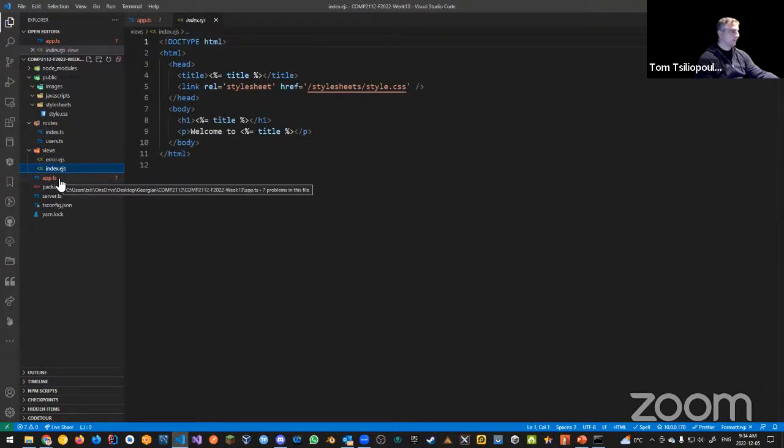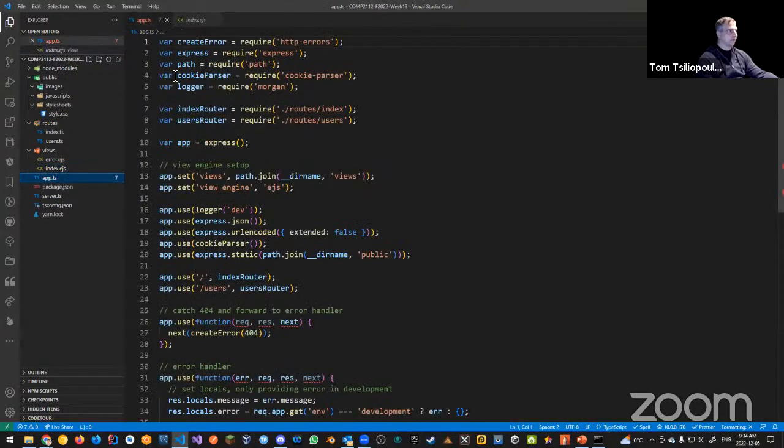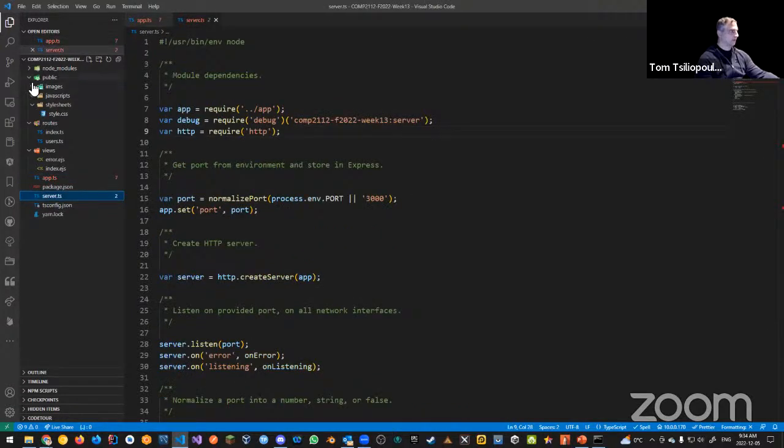Okay, so now the reason why this is giving us all these errors is because, like we said, we're using vars and requires as opposed to imports and exports. Okay, so we're going to do that first. We're going to start way back in the server.ts file first. So this is how we're going to start. And in the server.ts file, I'm going to start fixing some of these issues.